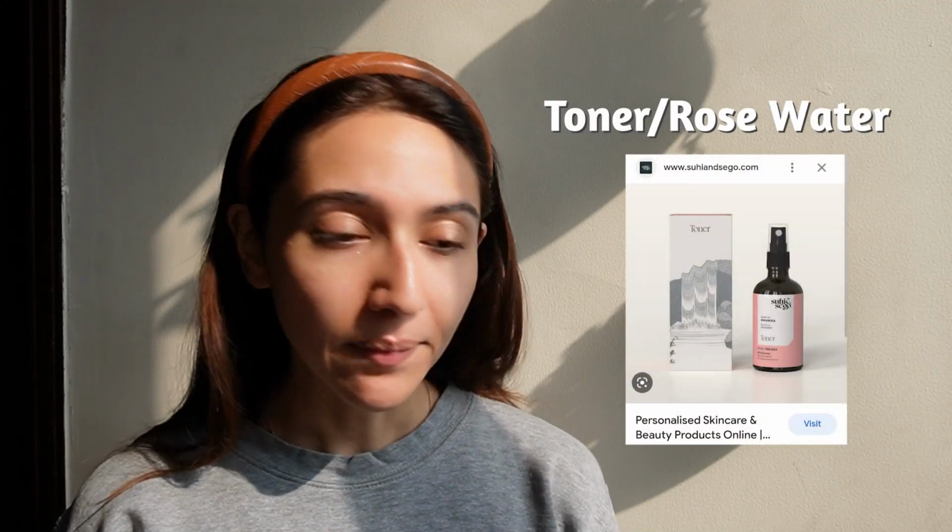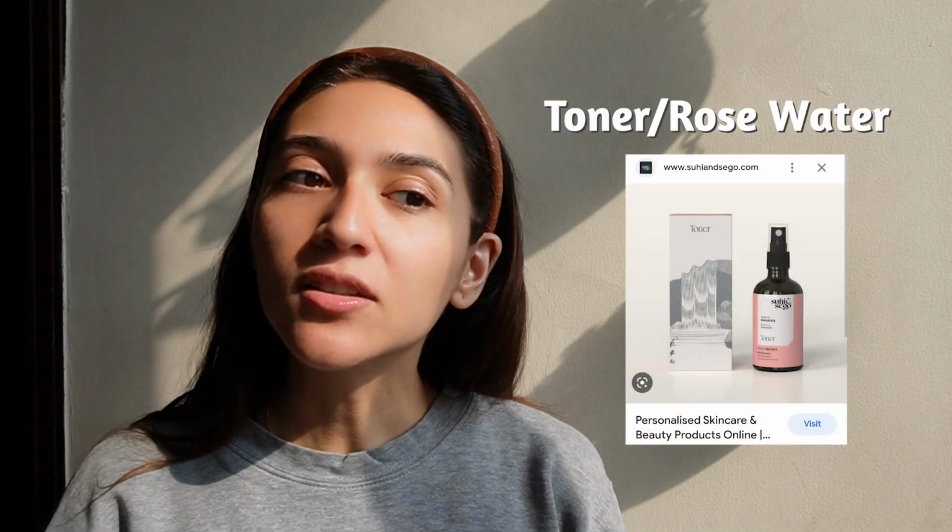So the first step is toner. Now, something about toner is, it is not a mandatory skincare product. It is not something that you cannot go without. It is an optional product. Does it take away from your skincare? No. Does it add some kind of value? Sure. And the kind of value that it adds is,